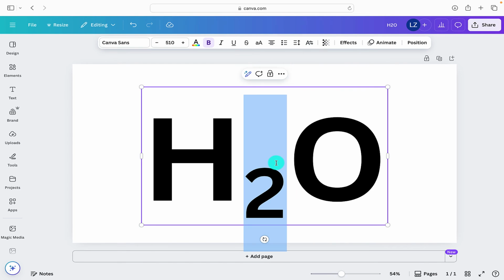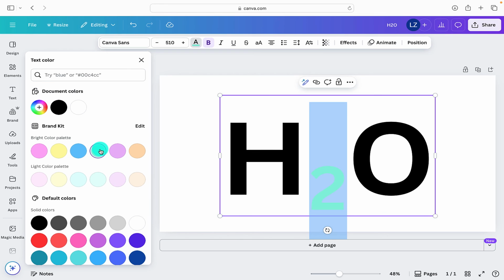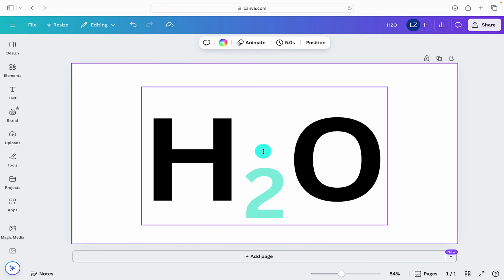As well as subscripting the text, we can also highlight the text, we can make it bold, we can italicize it, and we can also change the text colour you want it to. I think this is a really great feature that Canva has released, and it's going to make it a lot quicker and easier when you are wanting to create designs or